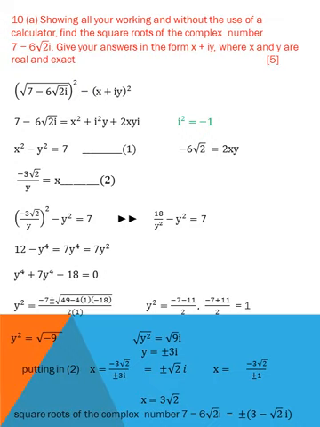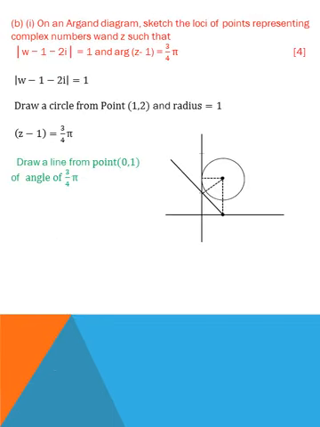When I put this value in equation number 2, then I will find the value of x, which is minus 3. So the solution is 3 minus under root 2 iota. Okay, you don't need to take the value of y which is in the form of iota, because x and y are real and exact. So only use the real value of x and real value of y to find the square root of this.